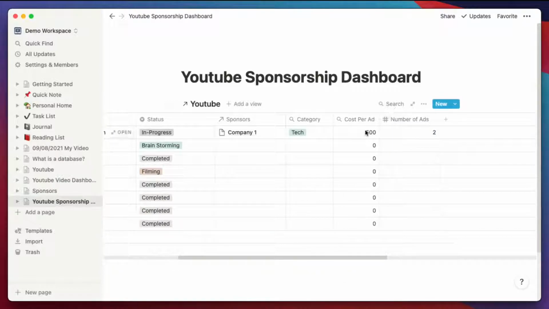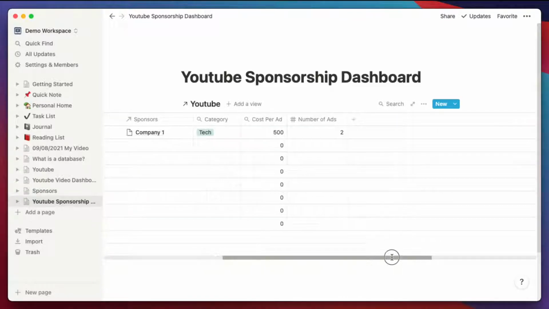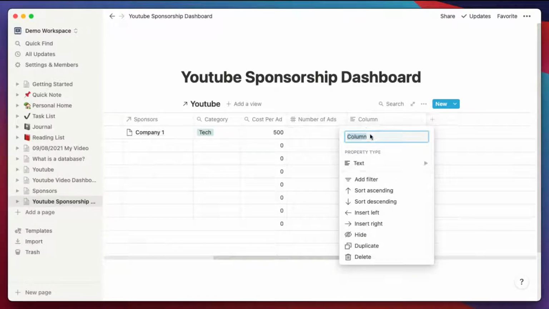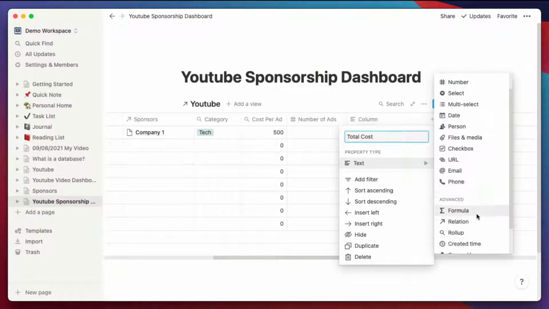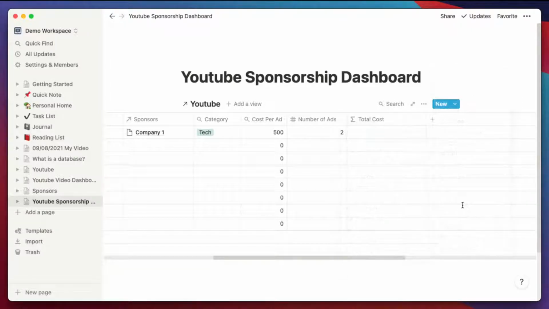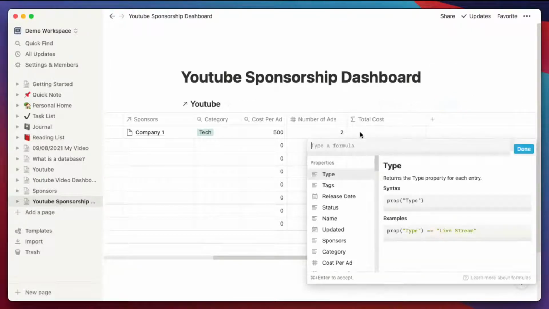Next column now. I want to get the subtotal of, obviously it's going to be 1,000, but if this changes or the number of slots changes, then I just need to change it in one place, right? So let's say total cost. And this is where formulas come in now. So in this formula, what we're going to do is this.